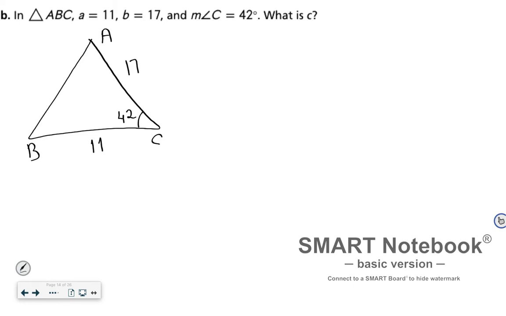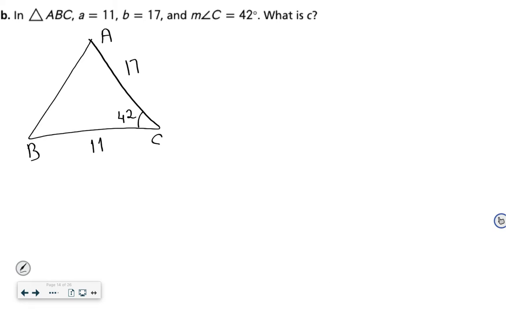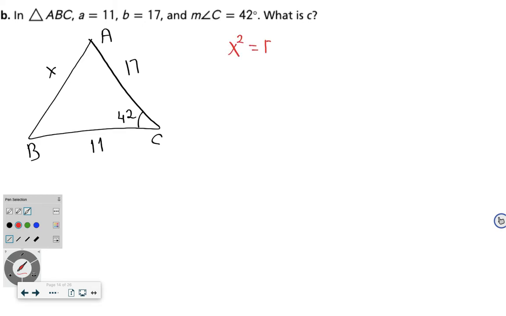What is the C? C is the side opposite of angle C. Here, this is X. Let's set it up. Law of cosine. X squared is equal to 17 squared plus 11 squared minus 2 times 17 times 11 times cosine 42. If we simplify, you will get that